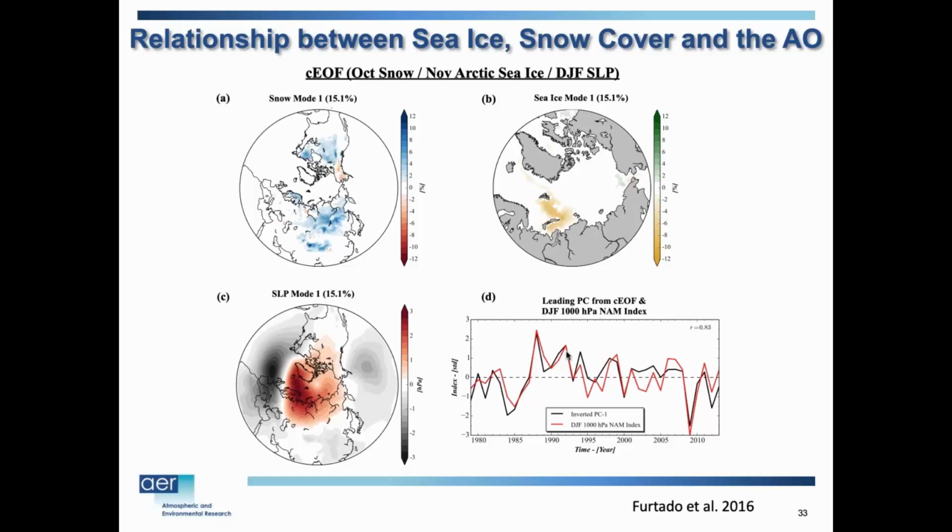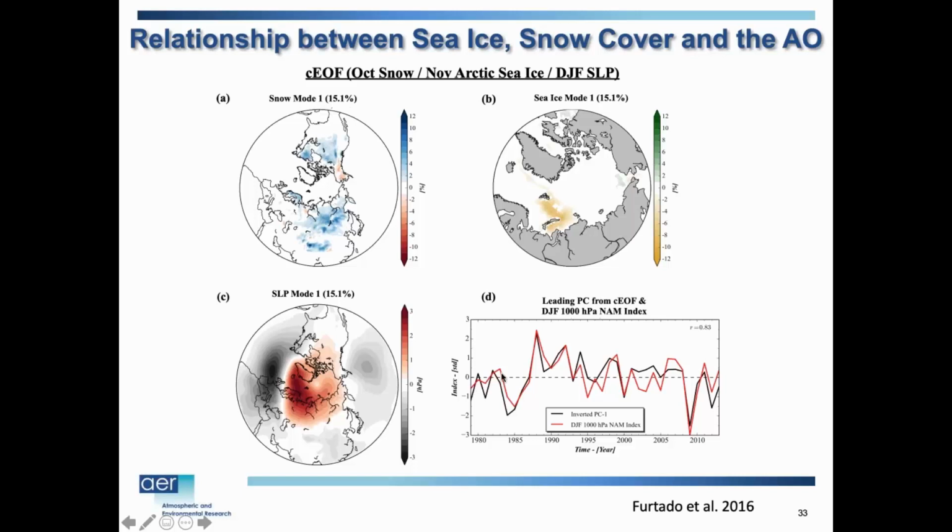And if you combine, we did a paper where we looked at both sea ice and snow cover combined. We did this coupled, multivariate EOF. So we looked at snow cover, sea ice. You can see the low sea ice here in the Barents-Kara. Well, this is EOF, it's linear, it goes both sides. But let's say we're talking high snow cover across Siberia, low sea ice in the Barents-Kara Sea, and the dominant mode. And the multivariate with sea level pressure, you can see this very canonical AO pattern with high pressure. So with high snow cover, low sea ice, you get high sea level pressure over the Arctic and low sea level pressure in the ocean basins.